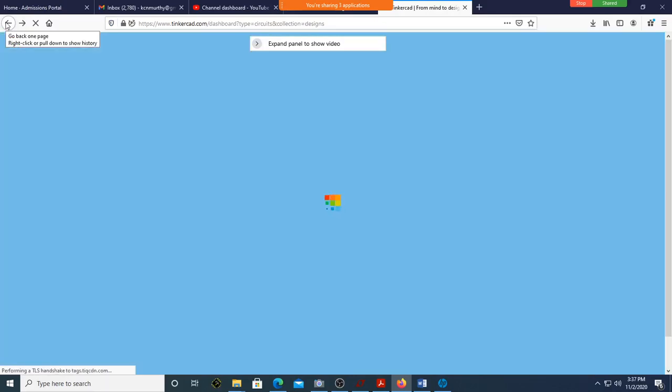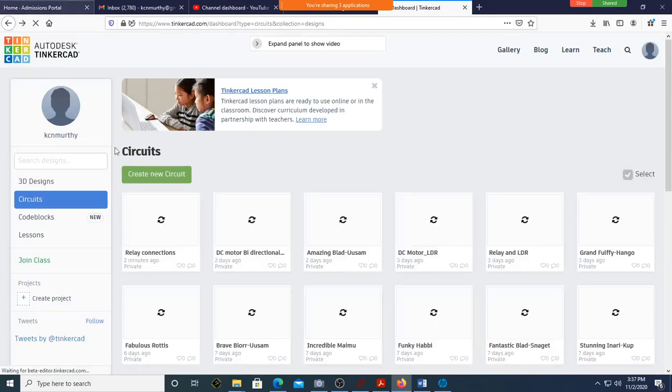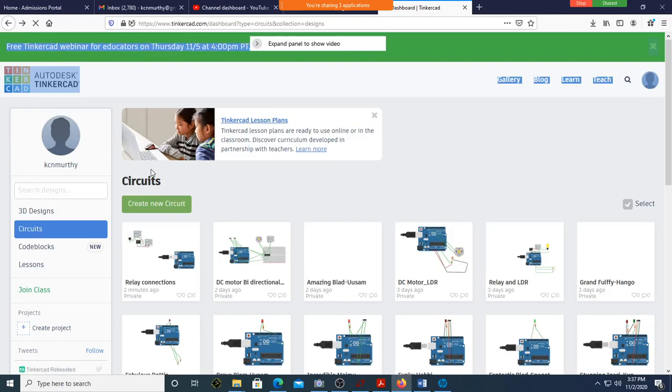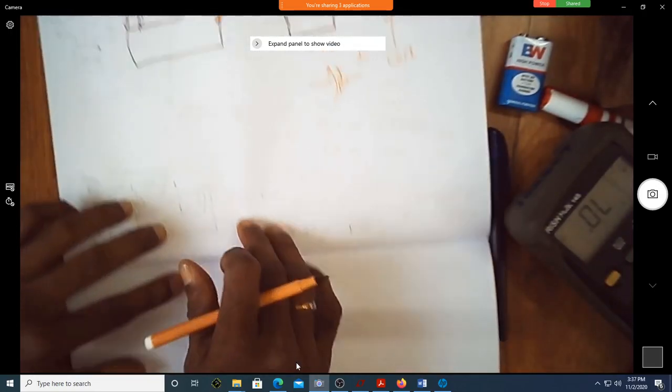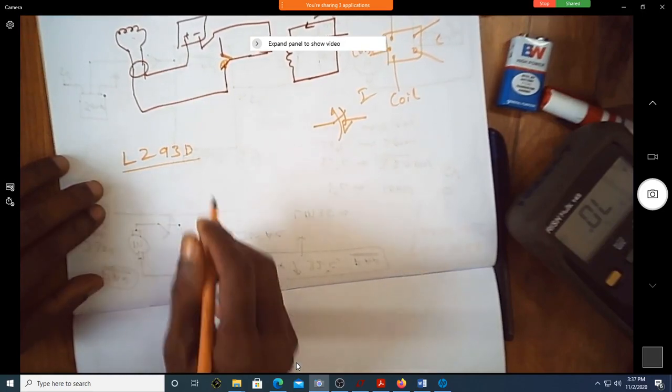Okay, let me introduce one more IC which is very important in some designs for controlling motors, and that is L293D. Let me just open that.